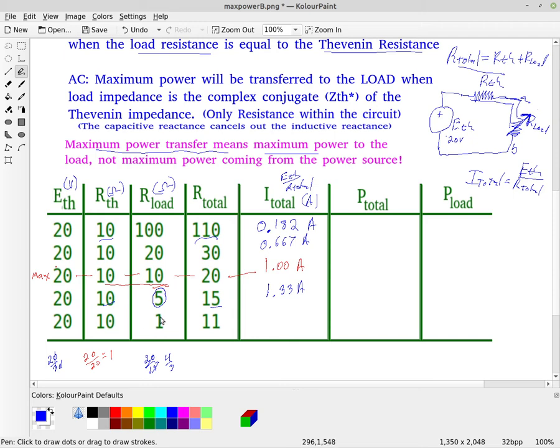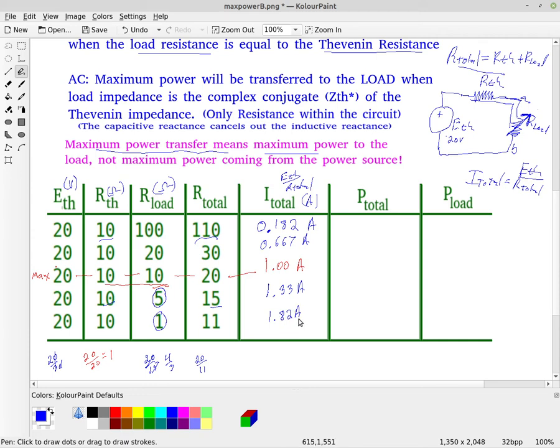In the last case, our load is 1/10 of R Thevenin, or 1 ohm, so my total resistance is 11 ohms. 20 divided by 11 ohms gives me 1.82